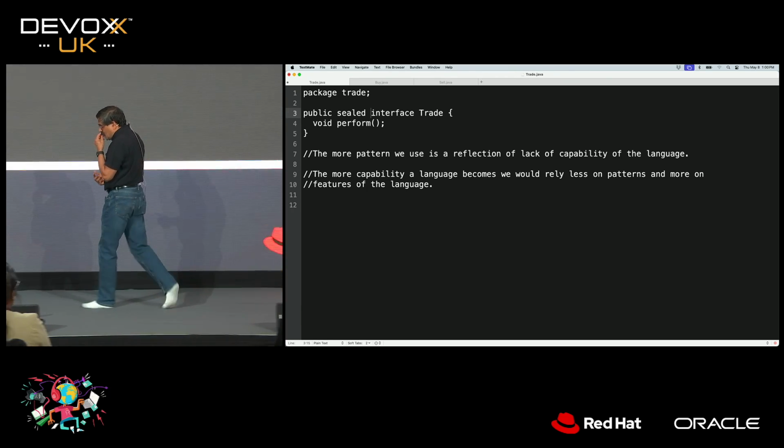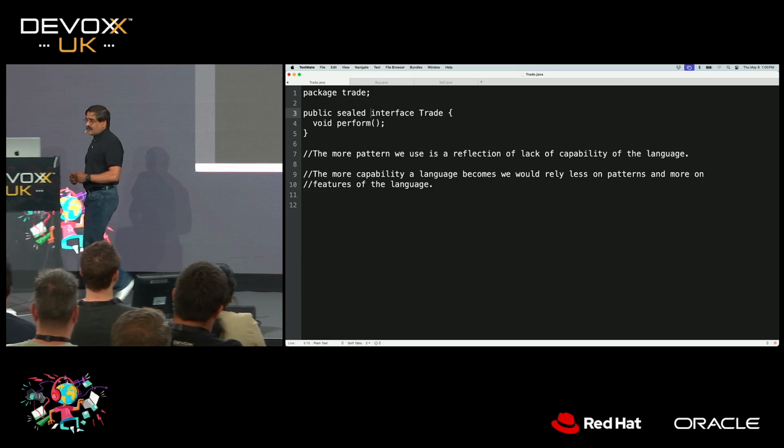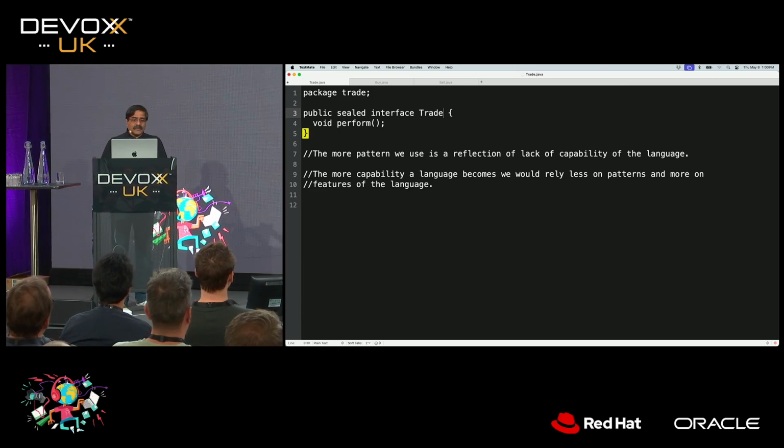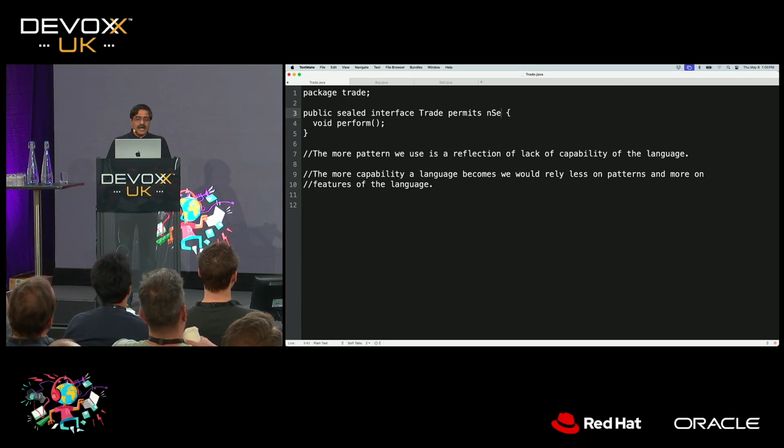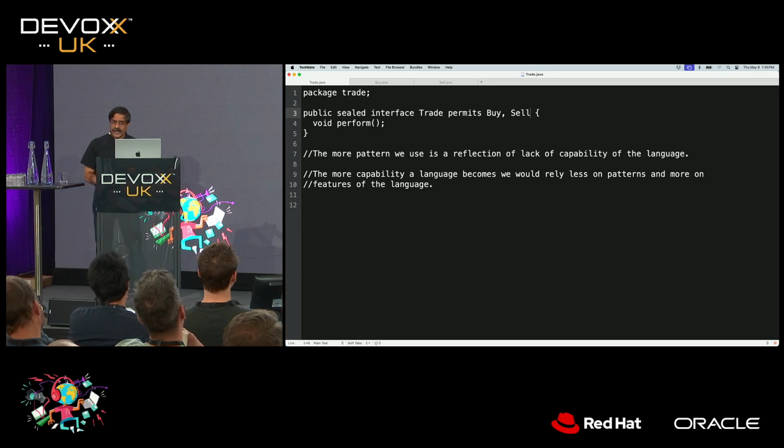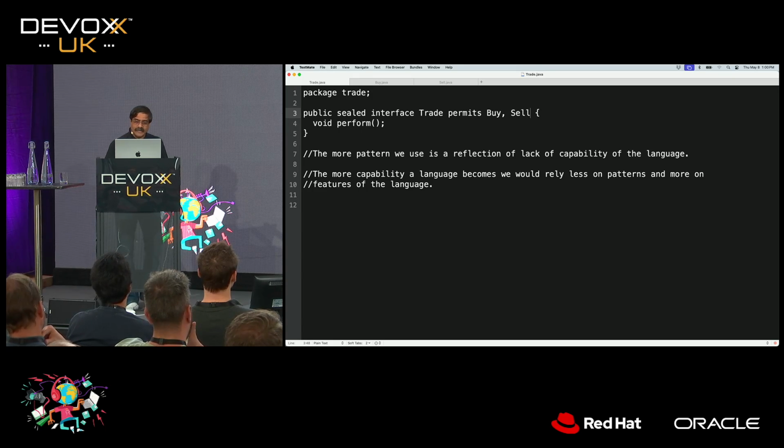So in this case, I can say it's a sealed interface trade, but this interface only permits a sell and a buy as well. So both the buy and the sell are the two interfaces it allows me to extend. So that's the first thing it specifies.